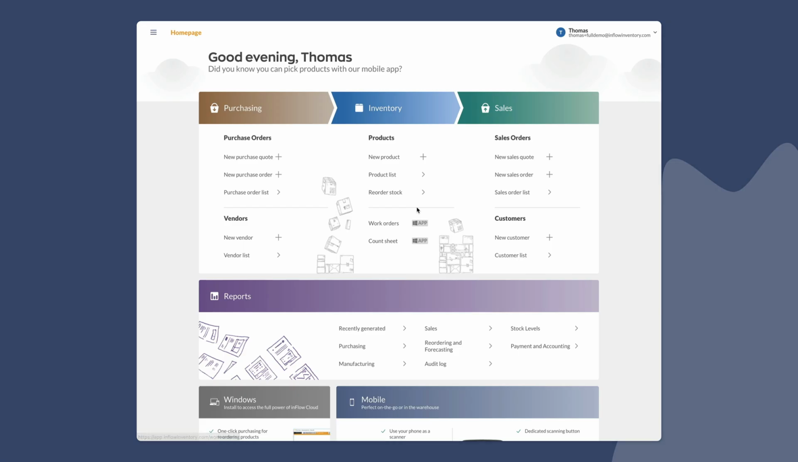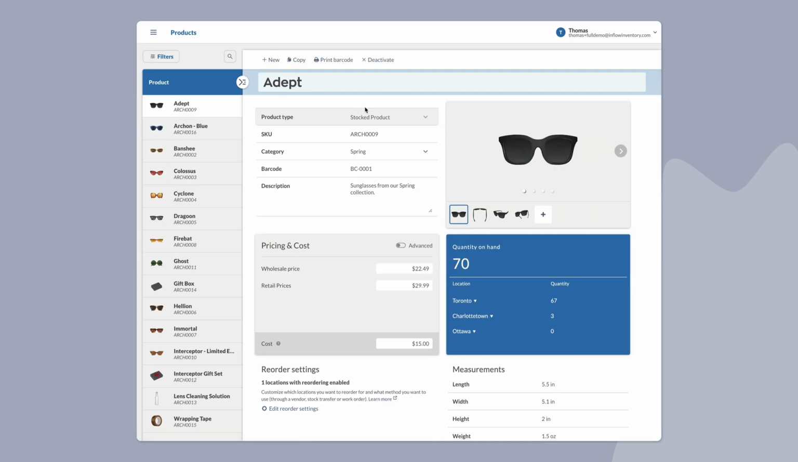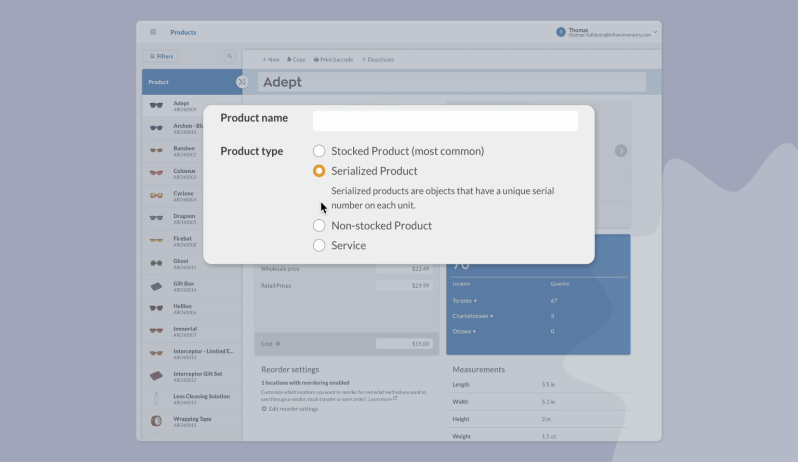This is best done in our web app. Let's head to our product list and have a look at this one. You can see right here that it's a stocked product, which means you want to track the quantity. If you need to track serial numbers for each purchase or sale, use a serialized product. Or if you buy things that don't need to be counted or that don't take up physical space, use a